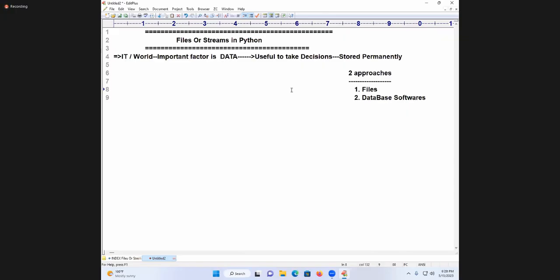You have already studied files in C language because you are BTech CSC students. You studied files. How many of them are CSC here? Raise your hands. CSC, studied files. But you forget. Okay, very good. Girls, CSC, who are CSC here? Remembered. Okay, stand. I will ask a question. What is the definition of file?